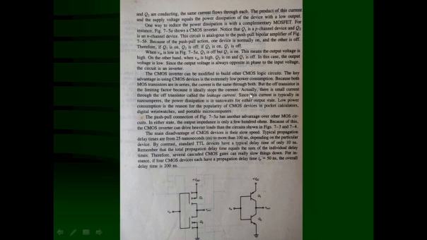Since this current is typically in nanoamperes, the power dissipation is in nanowatts for either output state, whether low or high. The low power consumption is the reason for the popularity of CMOS devices in pocket calculators, digital wristwatches